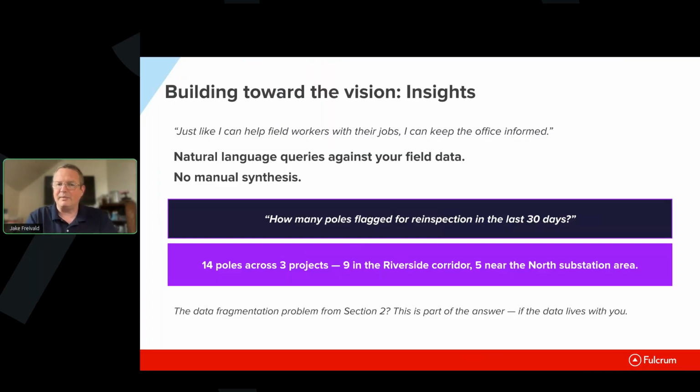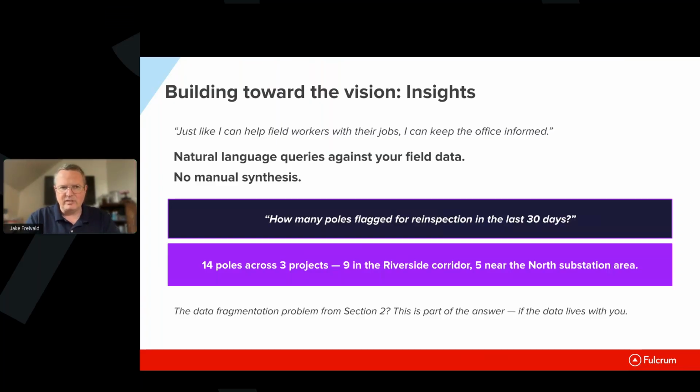but it's also something people in the office need. And as a result, we built out Insights, which enables you to use natural language query to be able to get information back from the field data that you have. Now, obviously, with the data that you've got, we want to be able to pull that information out of the field platform primarily. That's something that is currently working. You can use that in Insights today. Technically, it's still in beta, but there's a lot of capability built into that, and you can just go use it in Fulcrum.